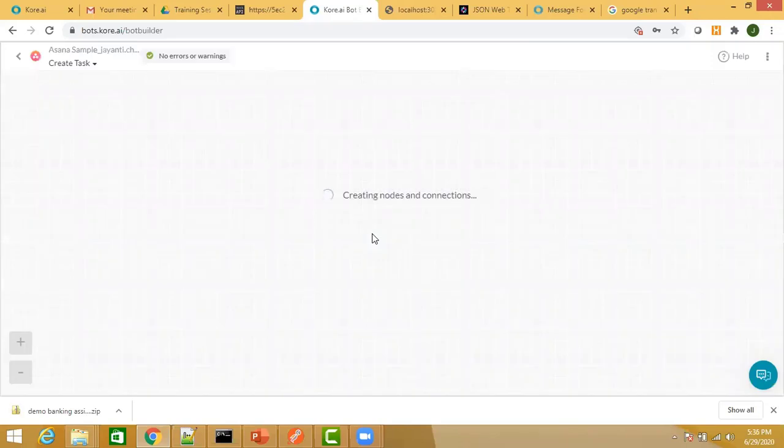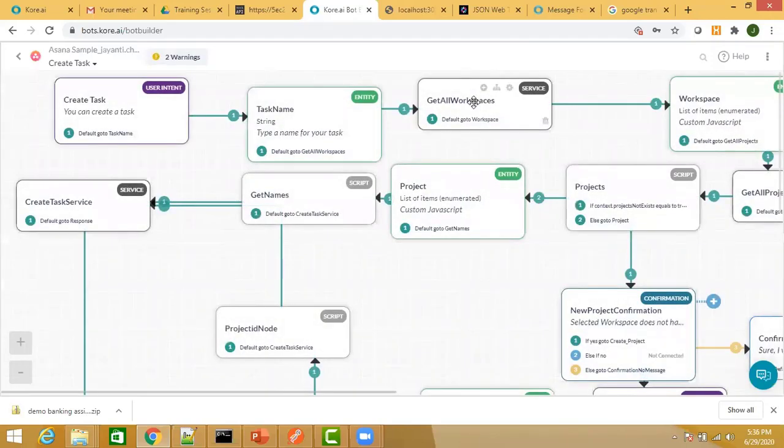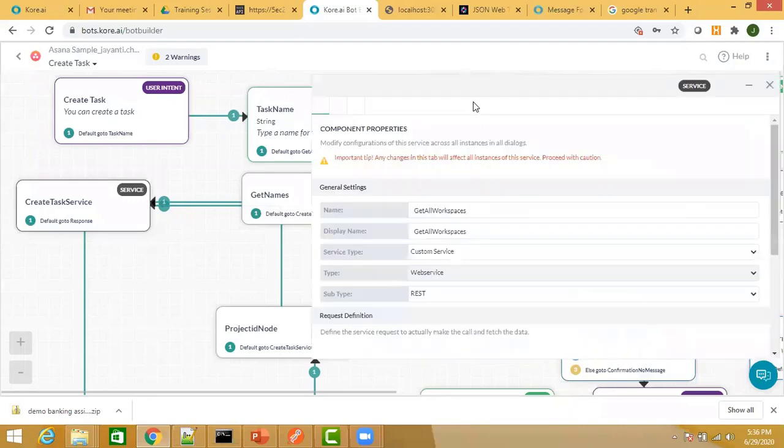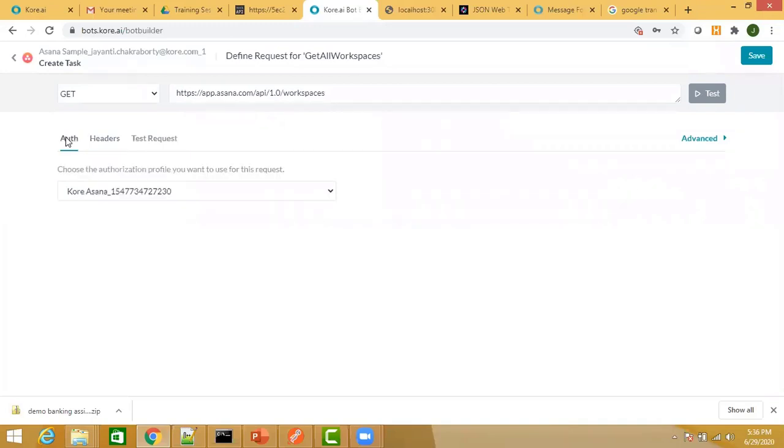So if you look into the configuration of any task over here, wherever I have made an API call, you will see I have used that authorization profile which has been created. Okay, so you can see this is the authorization profile that has been selected over here. So create your own authorization profile. If you want to see how to configure it further, you can refer to our documentation, which will give you a guide on how to configure each of these authorization profiles.